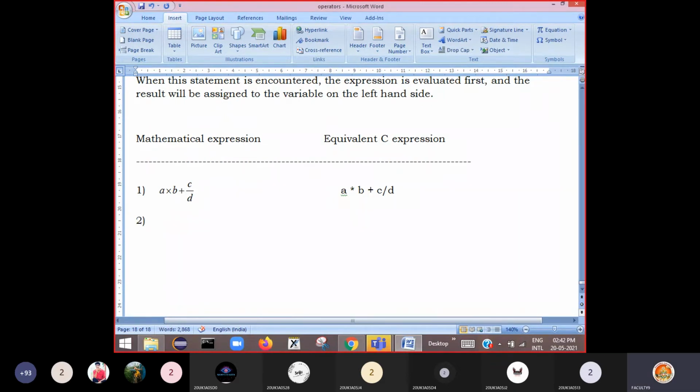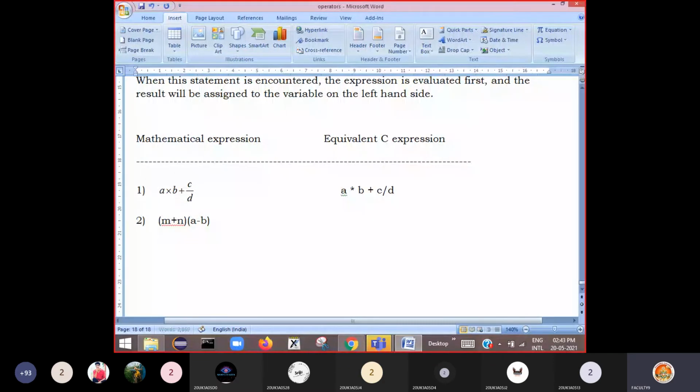Here, then second one is, say for example, you have (M plus N) multiplied by (A minus B). This kind of expression is there. So how is the equivalent C expression written in our programming, you should understand.